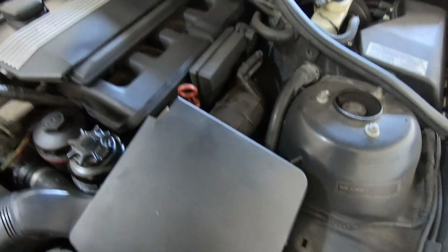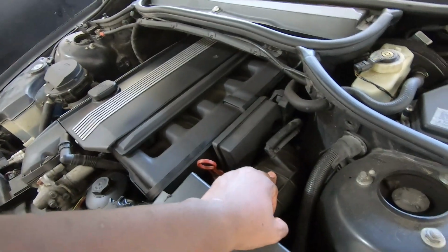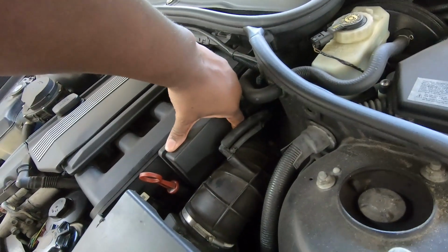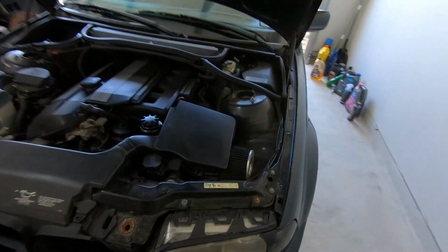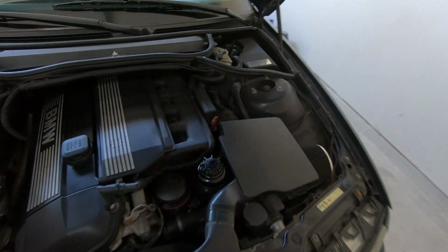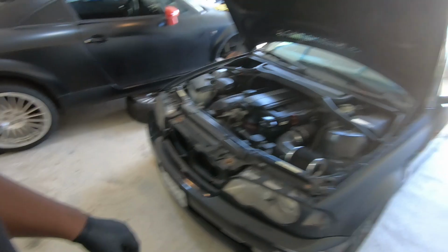What's making me think that it is something to do with the air coming through, besides the Bank 1 sensor code, is that when the issue first showed up, the cap on this side literally blew off. So I'm thinking it could be something on this side. I haven't dug too deep into it yet, but I'm gonna check it out. So let me pull some of these off. Alright, so